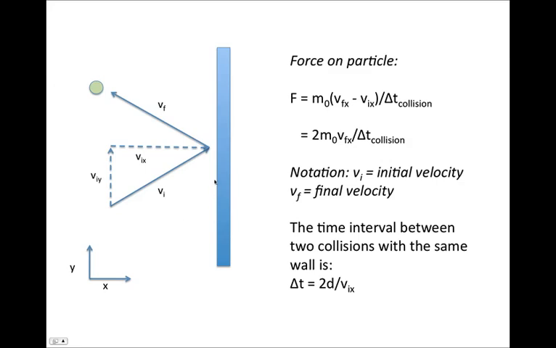Now, we've shown previously that the force is equal to the mass of the particle times the change in velocity over the time for the collision. So we showed that this was equal to 2m0 vfx over the time for the collision. Now, for the kinetic theory of gases, we're interested in the average force because we have a lot of molecules here. So if we want the average force for one molecule, instead of dividing by the time for the collision, we're going to be dividing by the time between collisions. For one molecule,